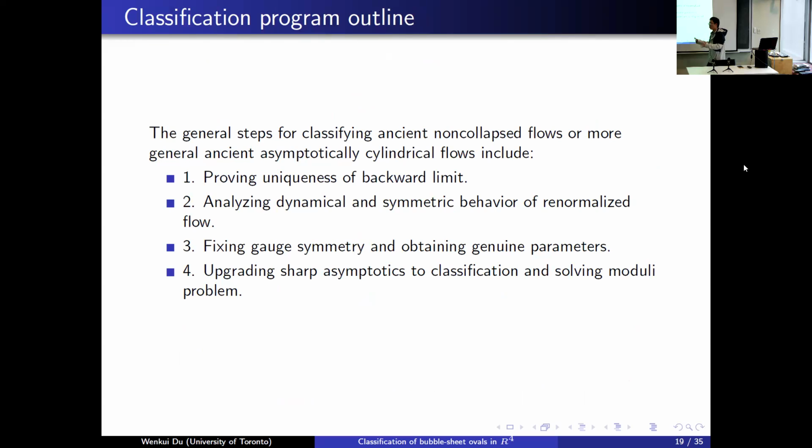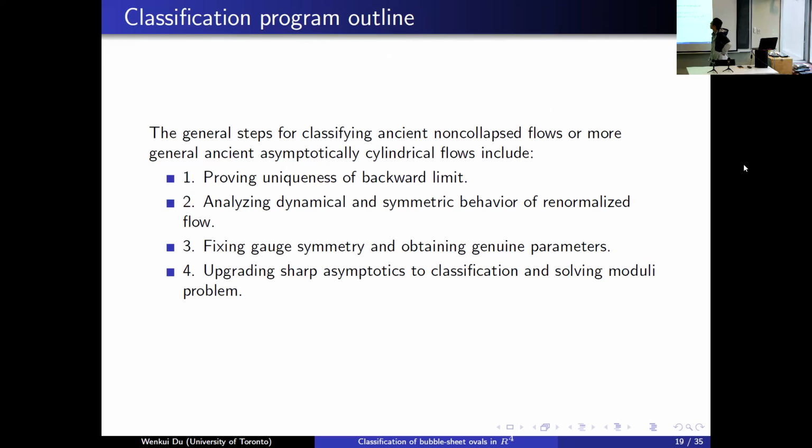And so we have constructed examples. Then the natural question is: are all the Ancient ovals in our class we constructed? So let us have a look at the general steps to classify the ancient non-collapsed flows, or more generally